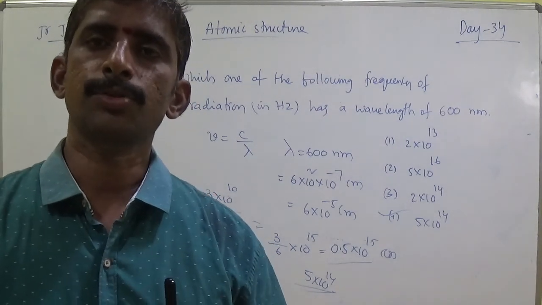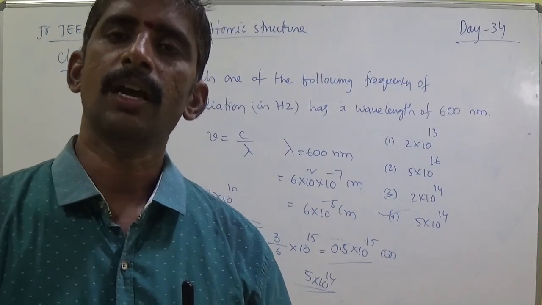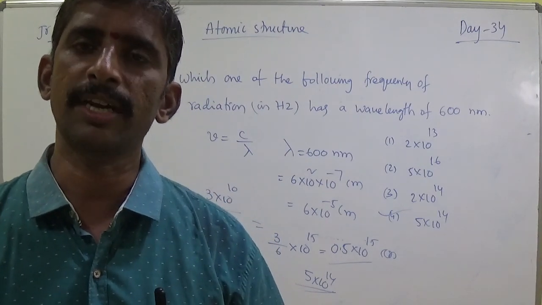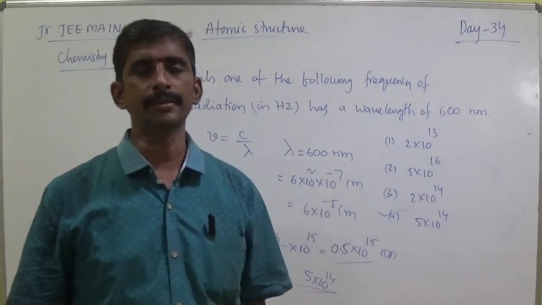Okay students, so these are wave number, frequency, velocity of light, and another one is wavelength. So these are different types of useful relations. These are simple problems. The remaining concept I will take next.